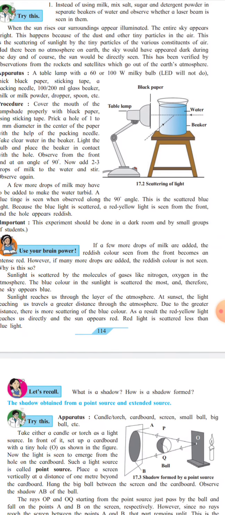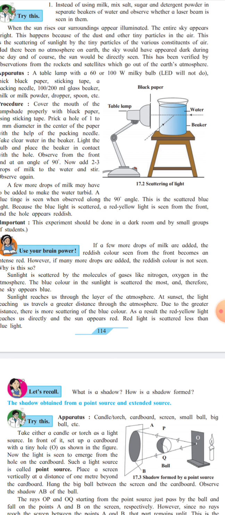If we add a few drops of milk in the experiment given in your textbook, what will happen? The reddish color seen from the front becomes intense red. However, if many more drops are added, the reddish color is not seen. Why is this so? Now, as more and more milk is added, more particles of proteins and fats scatter